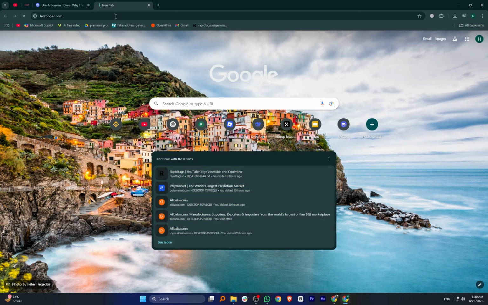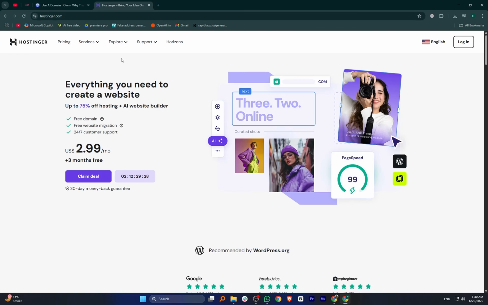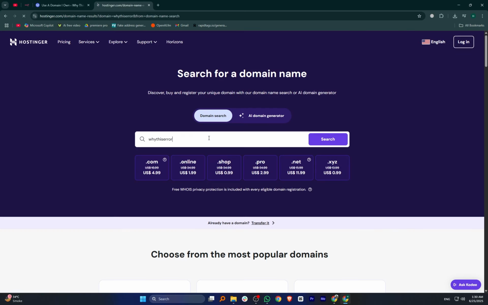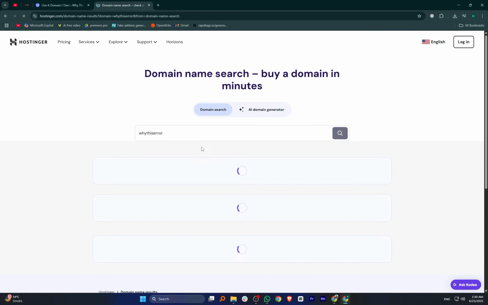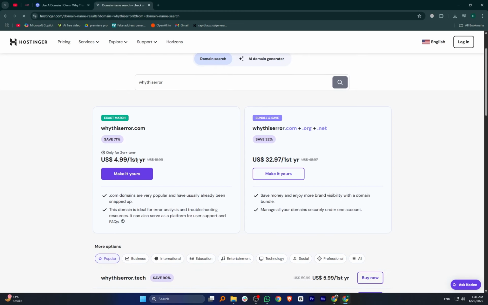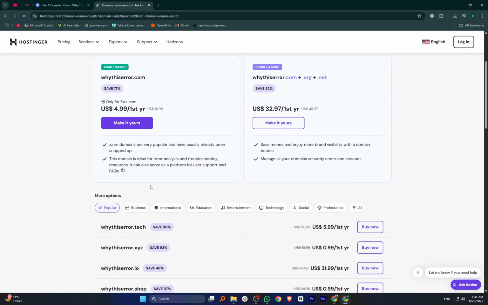Now, in a new tab, search for Hostinger and visit the official site. Click on the Services or Domain section. Then click on Domain Name Search. In the search bar, type the domain name you want, such as Why This Error. You'll see a list of available extensions like .com, .net, .org, each with different prices like $4.99 or $32.97 depending